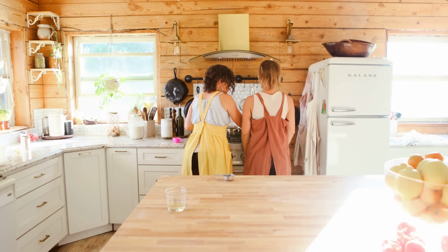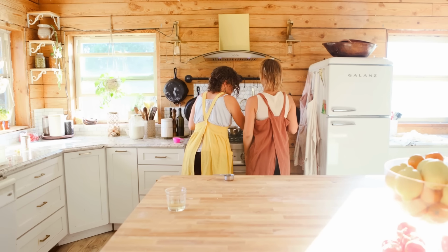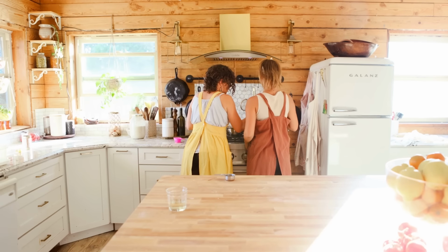In this scene, I'm teaching my oldest daughter how to make my special cheesy white sauce for the enchiladas. Now we're going to stir this just to,